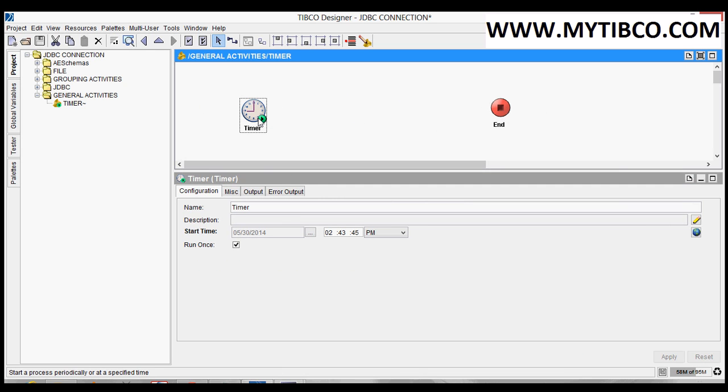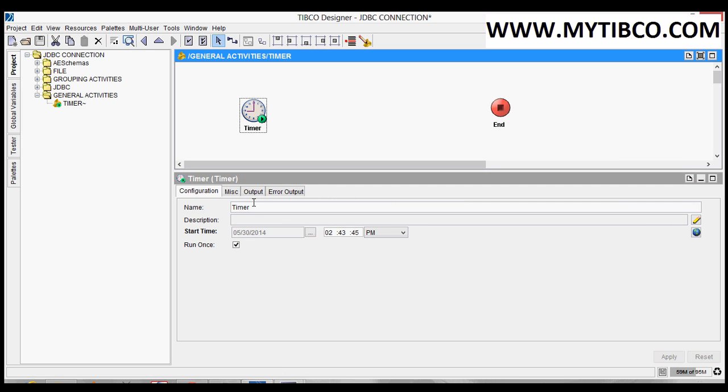Here we can set the start time so that the job will be triggered at this time. If this time matches our system time, then it will generate a job.